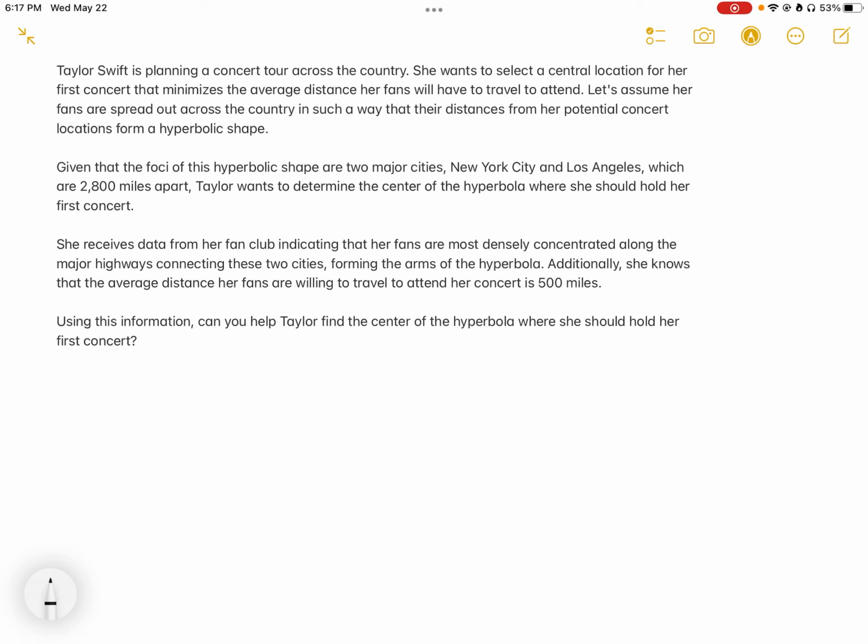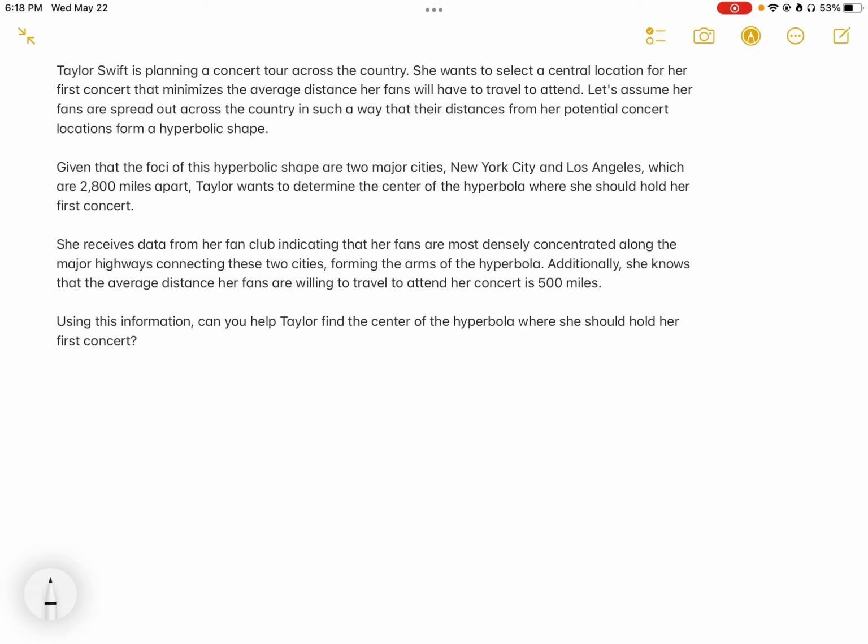Given the foci of this hyperbolic shape are two major cities, New York and LA, which are 2,800 miles apart, Taylor wants to determine the center of the hyperbola where she should hold her first concert. She receives data from her fan club indicating that her fans are most densely concentrated along the major highways connecting these two cities, forming the arms of the hyperbola. Additionally, she knows that the average distance her fans are willing to travel to attend her concert is 500 miles. Using this information, can you help Taylor to find the center of the hyperbola where she should hold her first